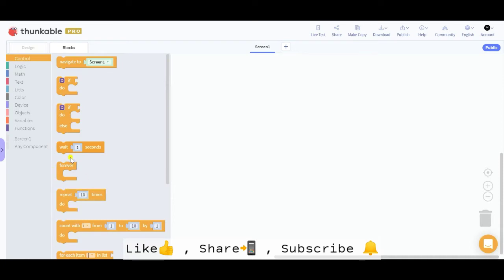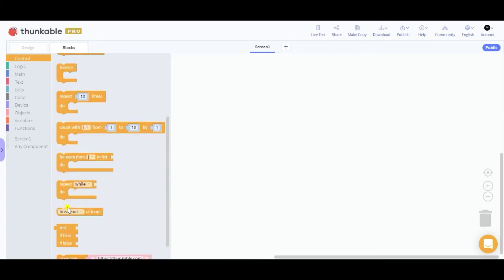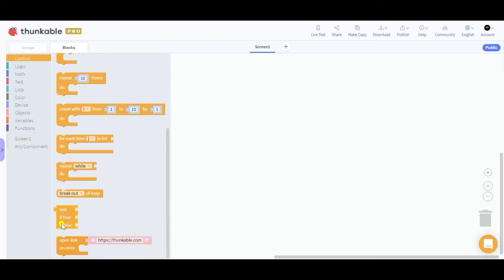Then we have a timer block, which allows you to create a delay of some seconds in your project, meaning in any kind of activity that is being performed in your project. Then we have a forever block, repeat-to blocks. These are all looping blocks, which allow you to run a loop in your project. Then we have a dash if-to-if-else. This is a boolean condition block, which allows you to compare a boolean condition and then get your desired result.